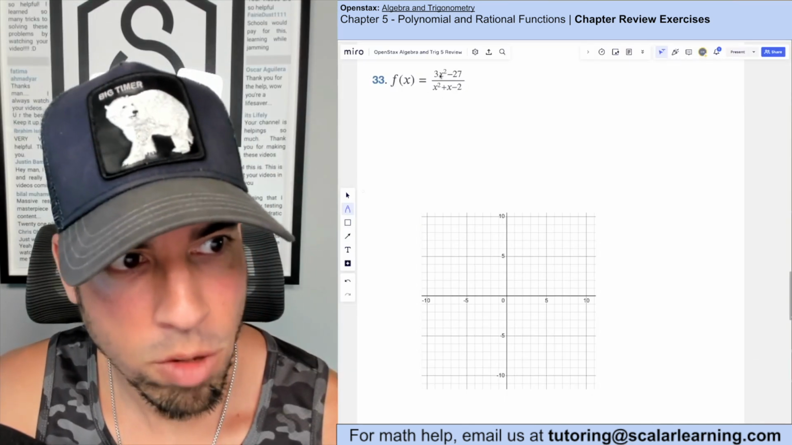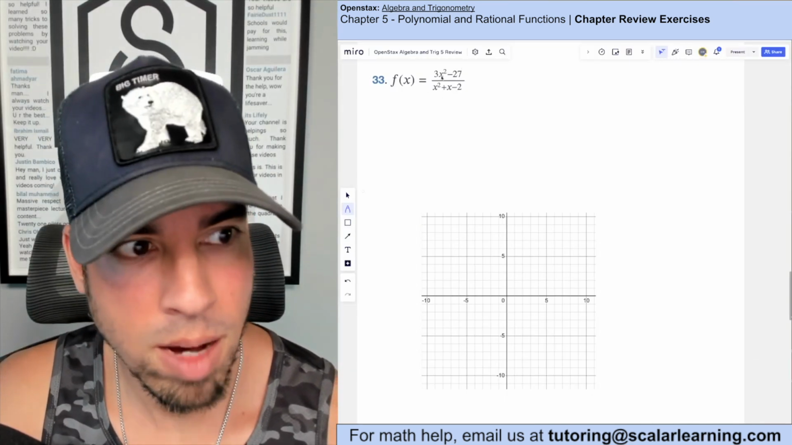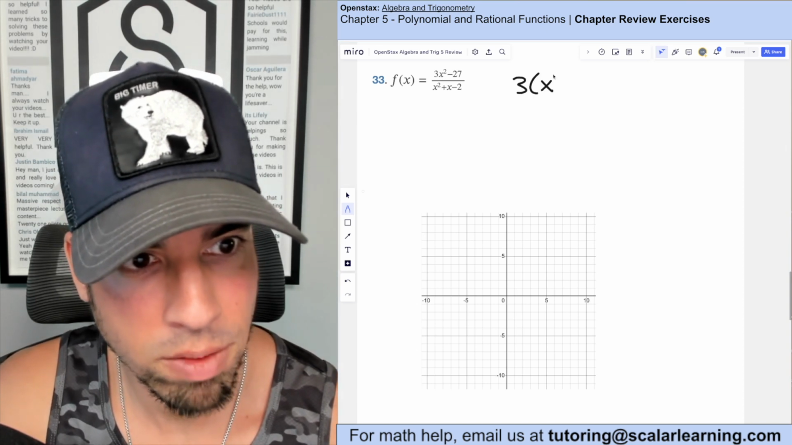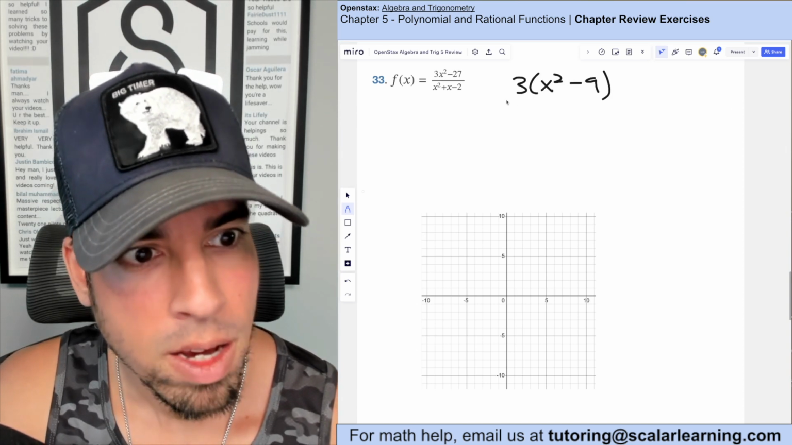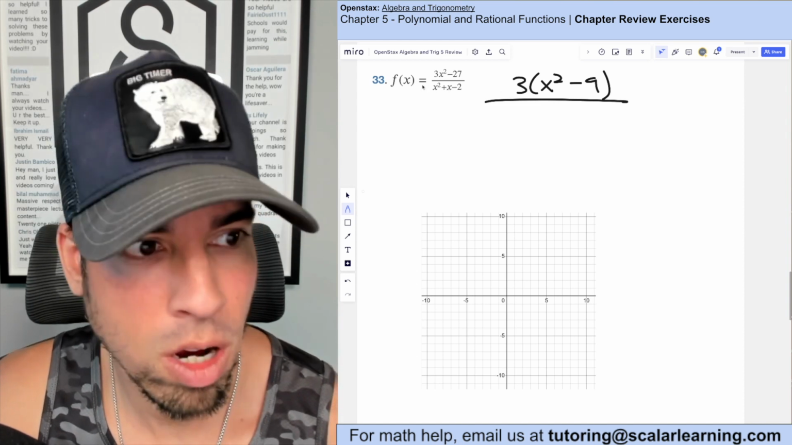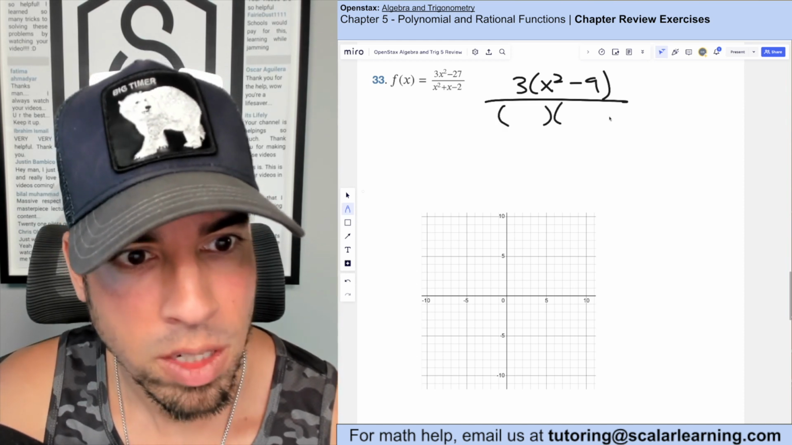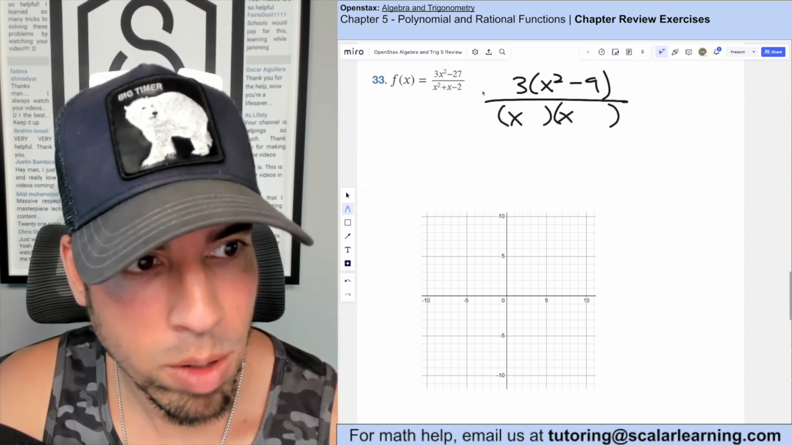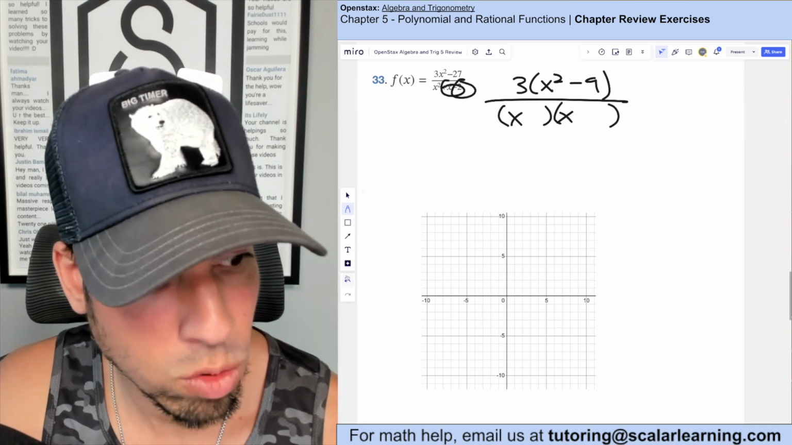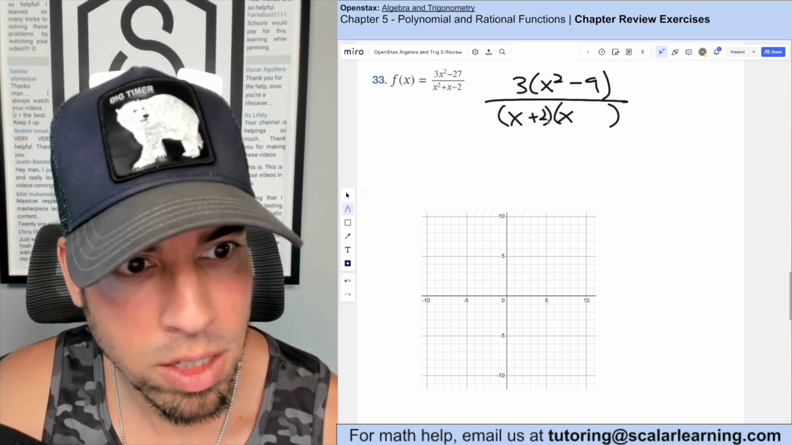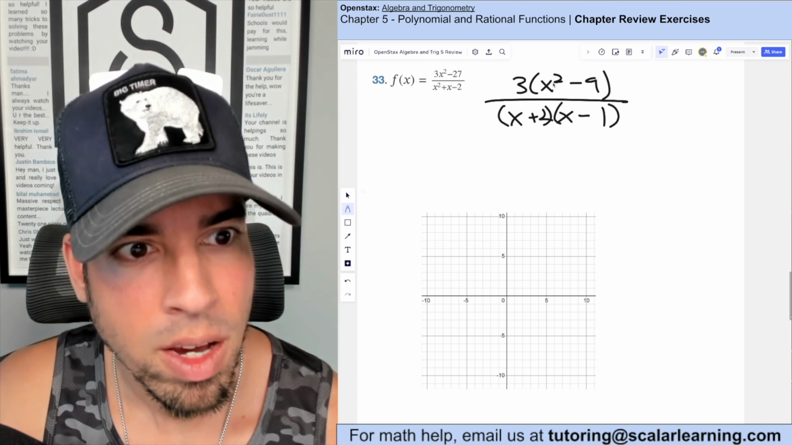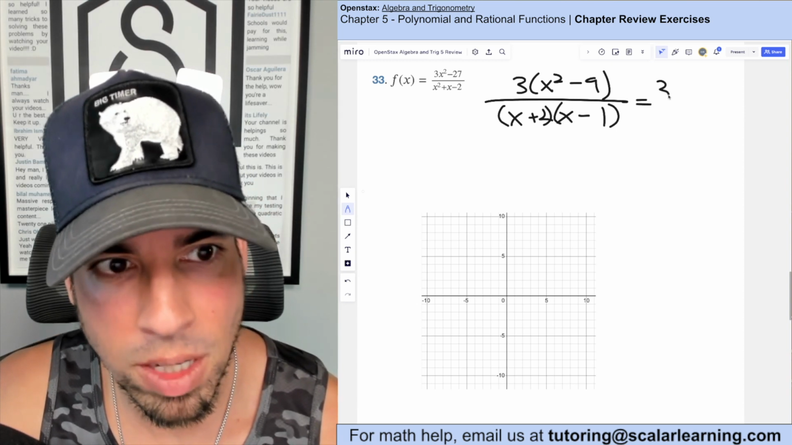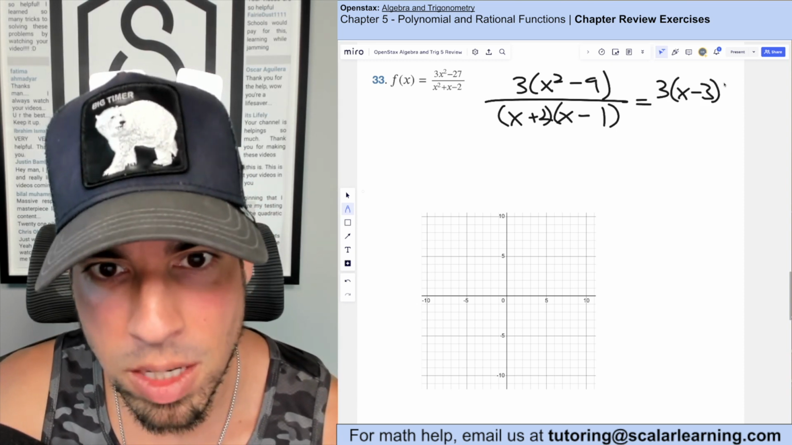So this one, we're going to start by factoring both the numerator and the denominator. So here I can pull out a 3, and then I've got x squared minus 9. And that denominator is a nice trinomial that we can factor into two binomials. And the way we do it is, what two numbers multiply to -2, add to +1? That's +2 and -1. And then this is a difference of squares on top that can be factored further to x minus 3,